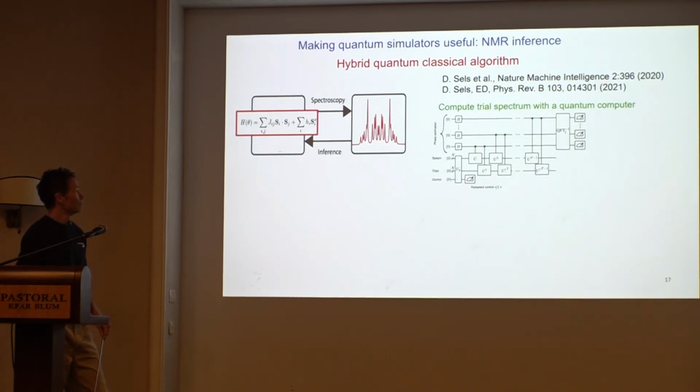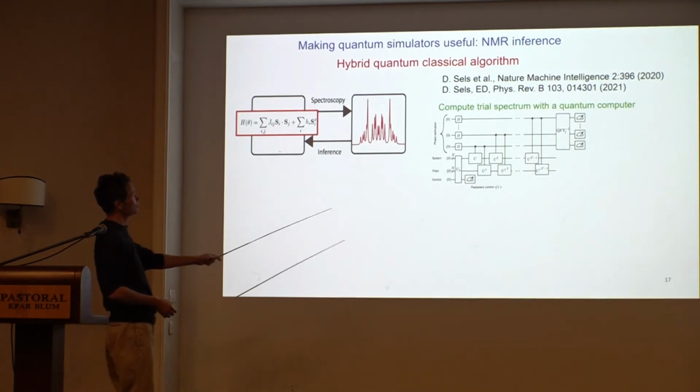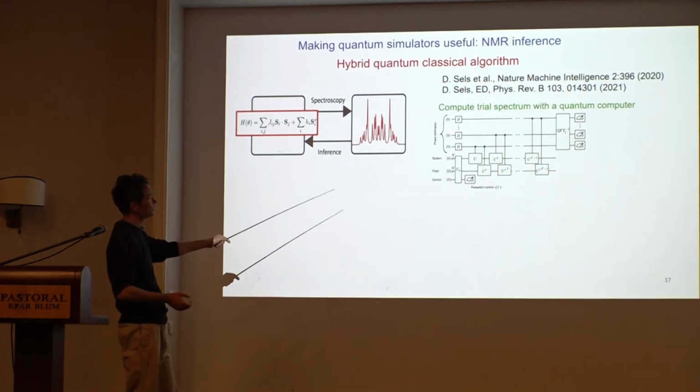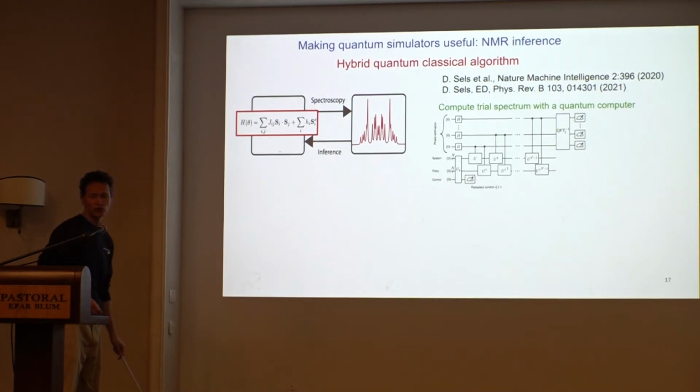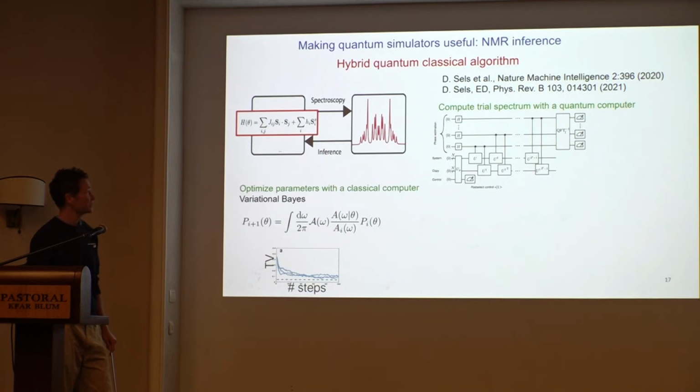So, to cut a long story short, Jesus came up with the idea of how to compute the spectrum given the Hamiltonian using a quantum circuit. For an arbitrary Hamiltonian of this form, instead of an exponentially large problem, it actually scales only as n squared. Since time is short, I'll not go through the details. I'll be happy to discuss them afterwards.